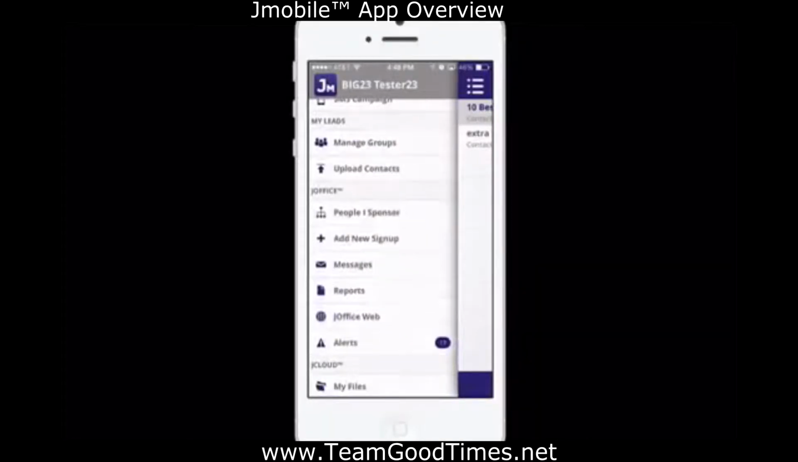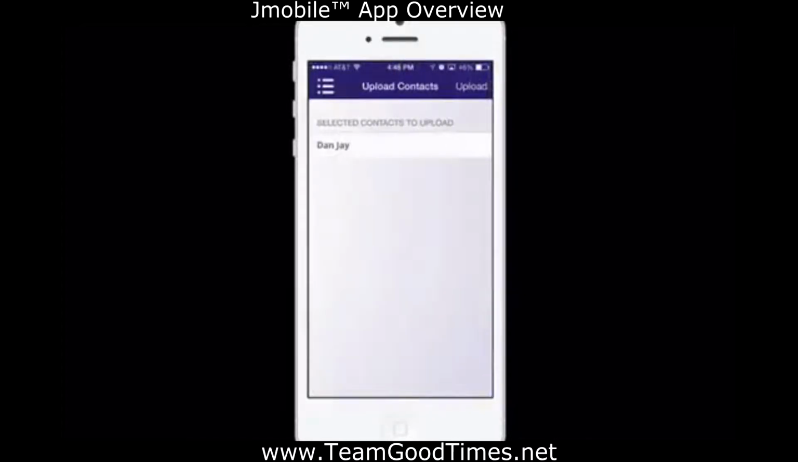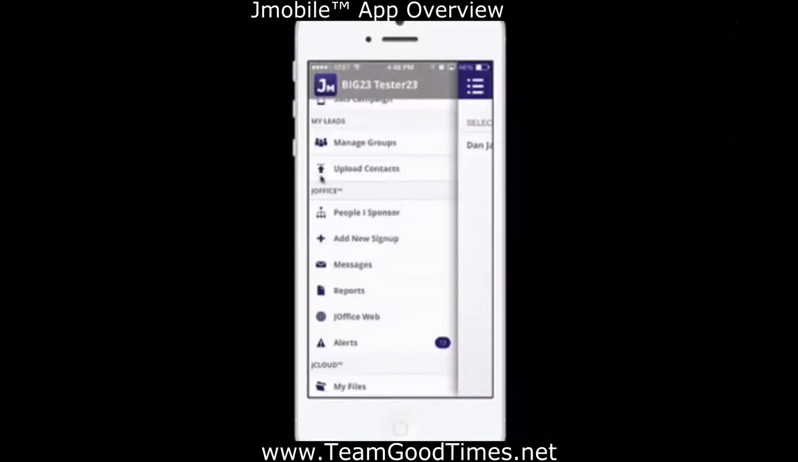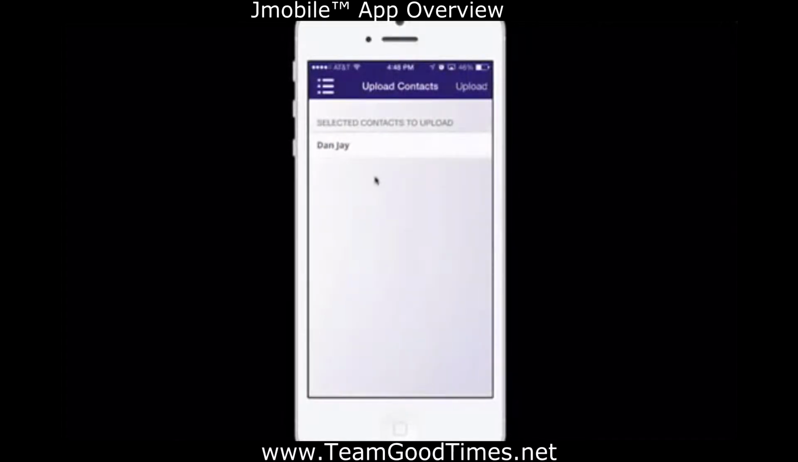The upload contacts, you don't need to worry about right now. Eventually, you'll see this go away. The upload contacts allows you to manually sync the contacts that you add to your leads into your back office. So when you hit upload contacts, what that's doing is it's seeing that I added a new contact to one of my groups. So to sync this with my back office, I would actually have to select it and then